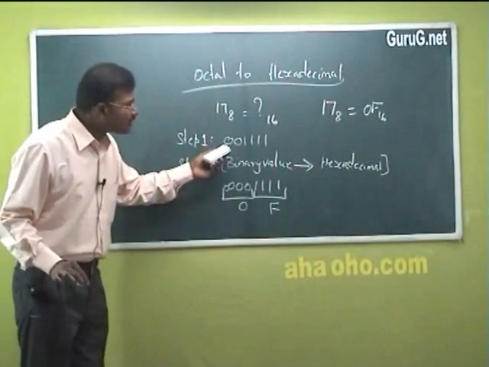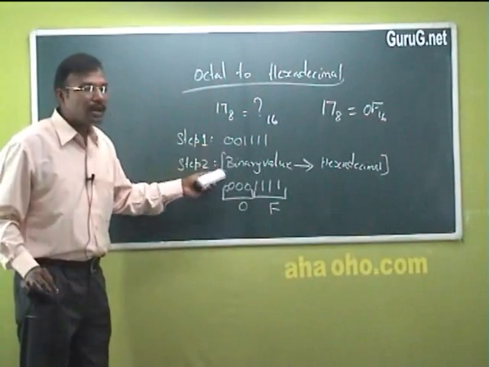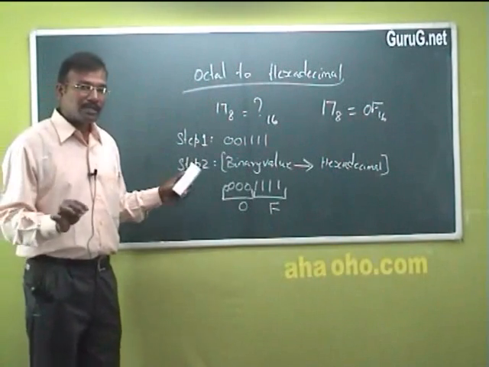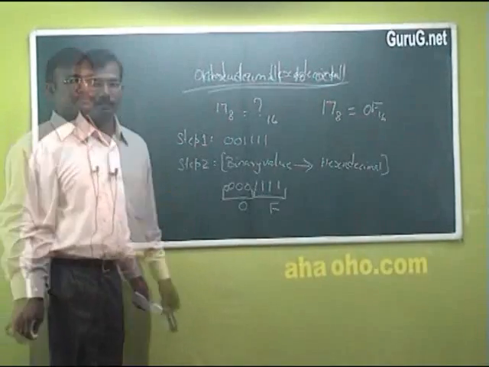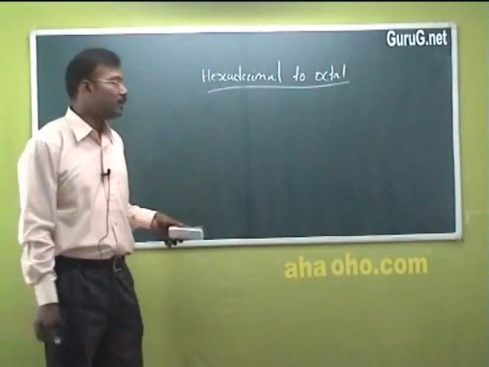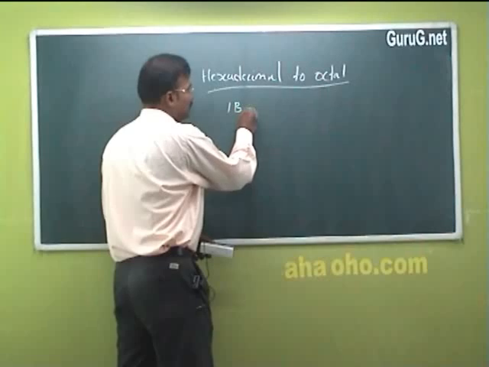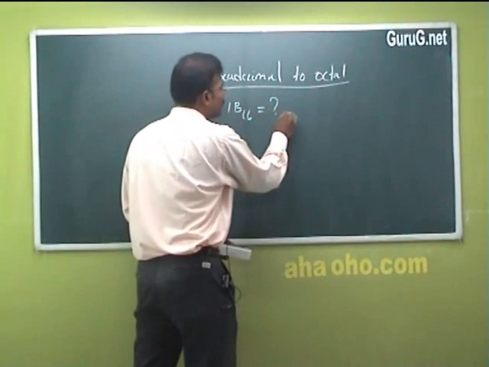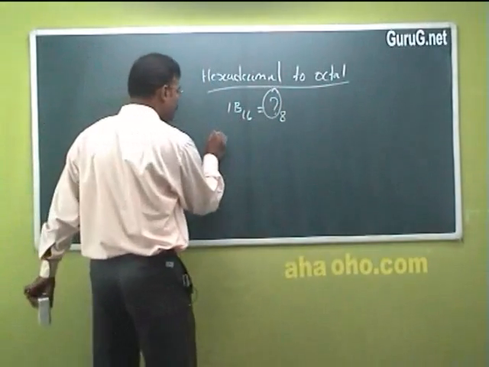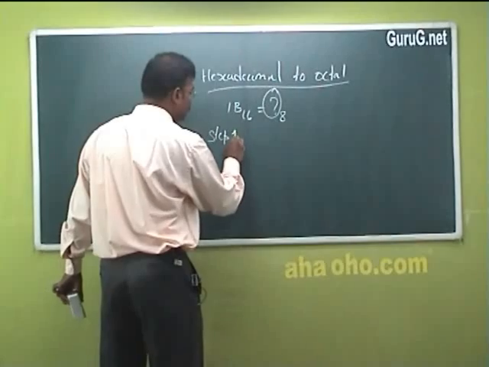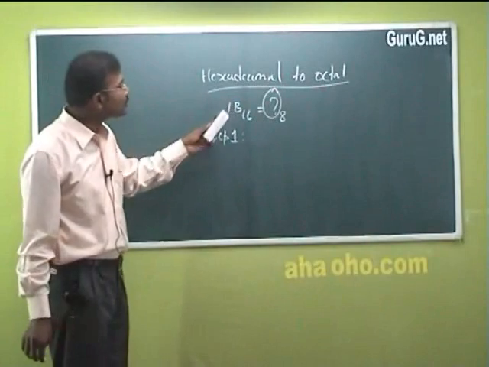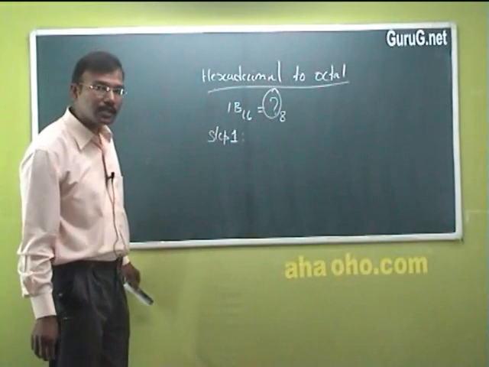So this binary, the intermediate form, you need to convert first, and only then is it possible for us to go to hexadecimal. Similarly, we need to do the reverse operation. In this conversion, we are going to convert hexadecimal to octal. Now we are going to see 1B, which is given in hexadecimal. We need to convert it into octal. How are we going to do it? As I said, step 1: you need to convert this hexadecimal value into binary. What is the binary value for B? It is 1011.